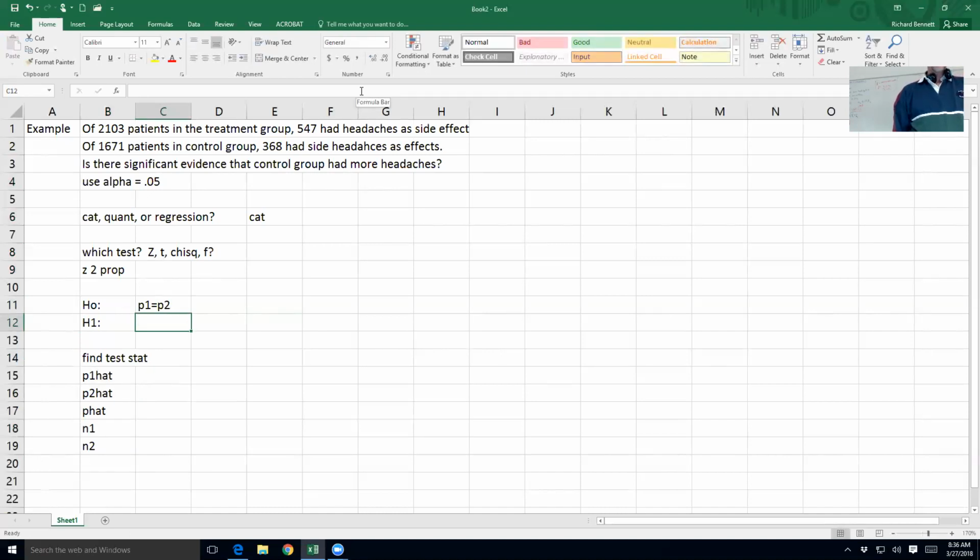Or, if you want to be more specific, P drug equals P placebo. And the alternative is